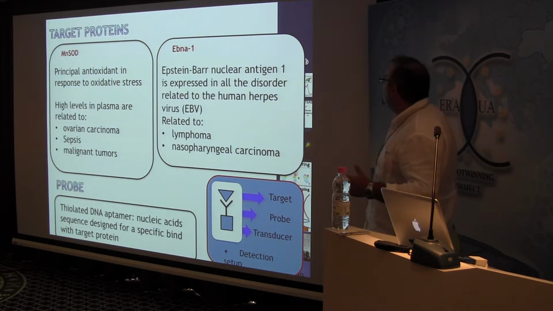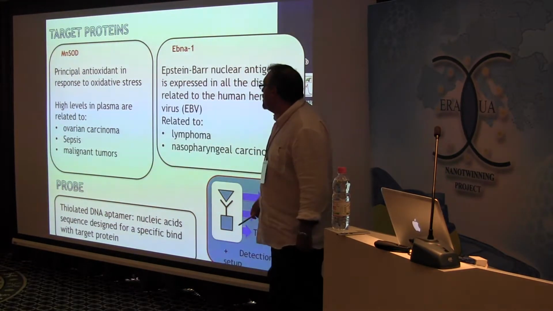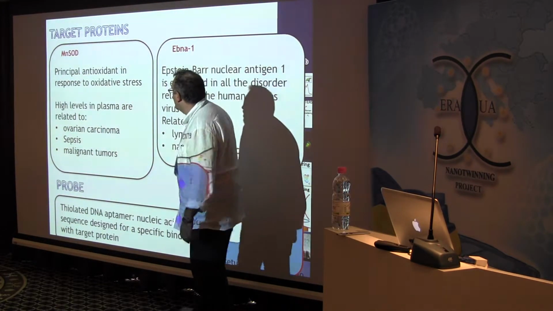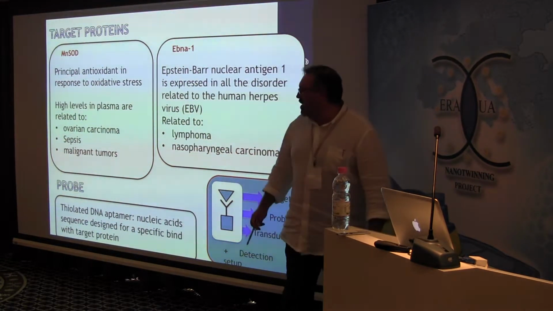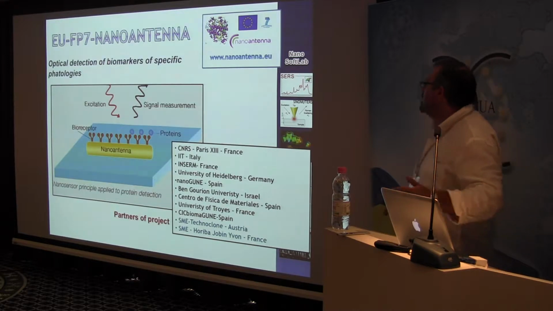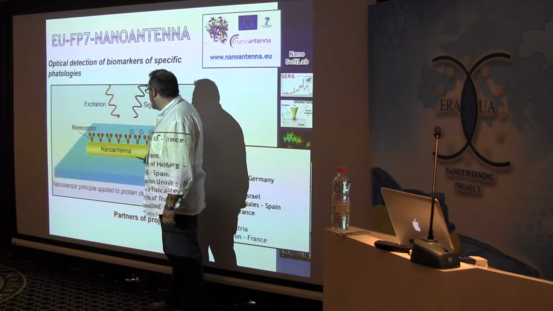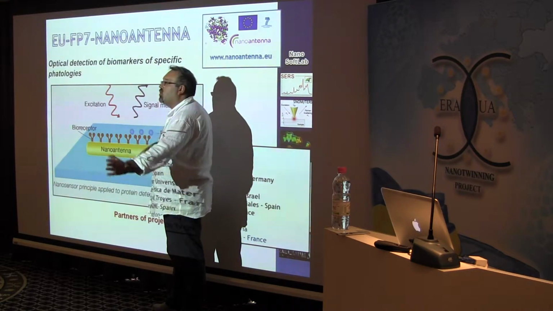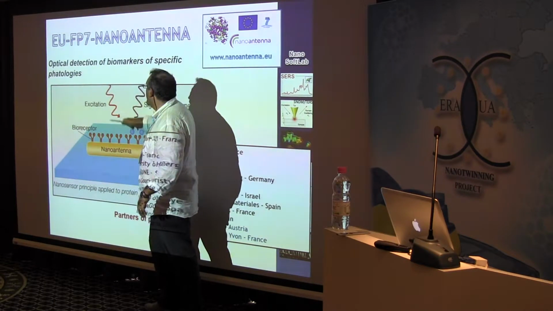So what we were trying to do was to detect these two proteins, MnSOD and HEDNA1, that are biomarkers for a set of problems like ovarian carcinoma, sepsis, or lymphoma, and other kinds of carcinomas. The concept is that we use the nanoantenna concept. We exploit the SERS from the nanoantenna, suitably functionalized, and then we put it in a solution with proteins, then we wash to remove what is not bound to the antibody, and then do